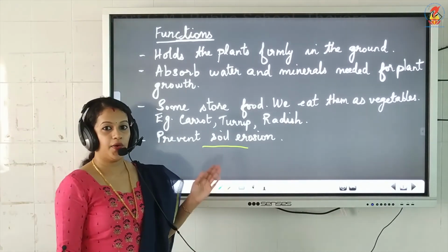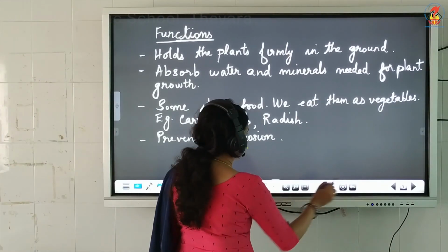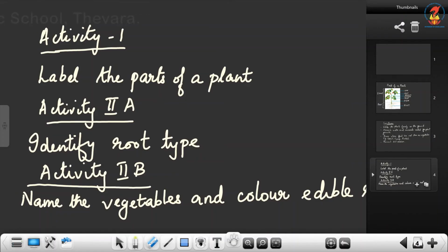So, I hope all these points are clear to you. Now, let us see what are the activities that we have to learn. So, in your worksheet, there is activity 1 that is given in your worksheet. So, children, in that a picture is given, picture of a plant. I have taken that in the class. Please label the parts of that plant that is given in activity 1. The words are given in brackets. From that you can choose and please label the different parts.